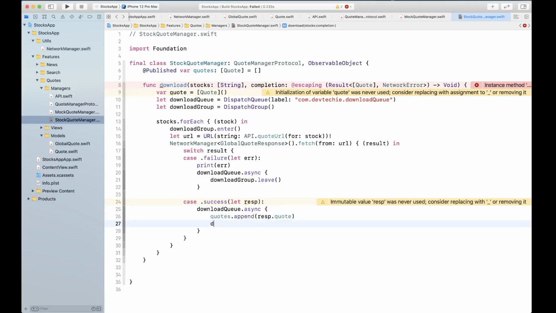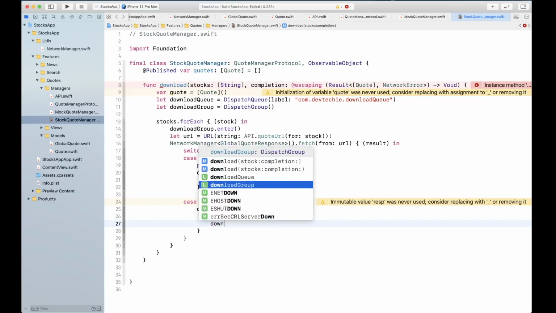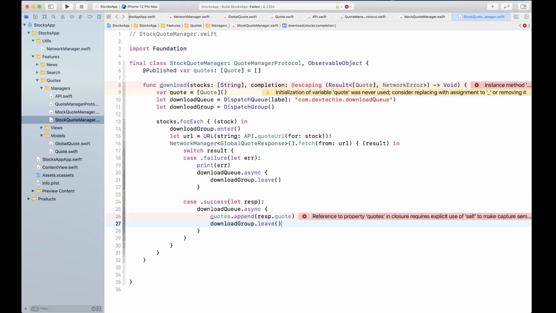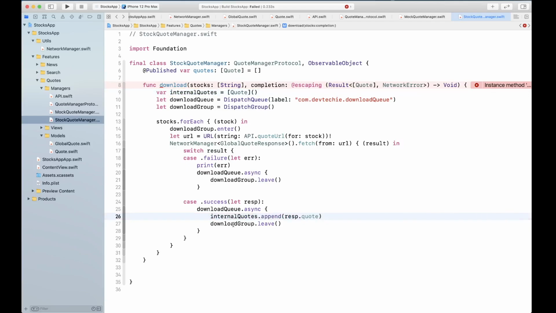Okay, and download group dot leave. Actually, we're going to use internal quotes, so we're going to append into this one.